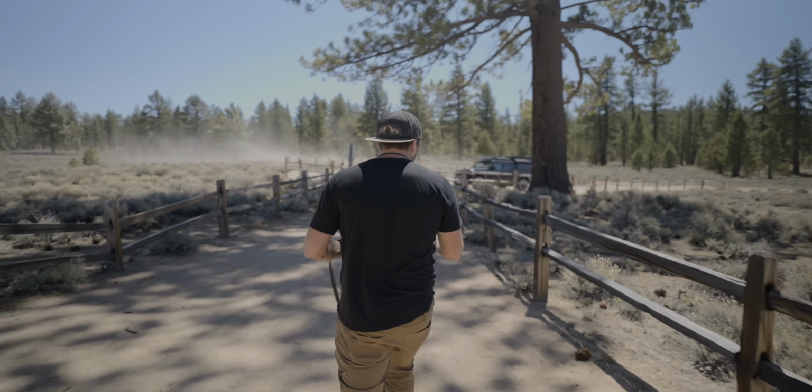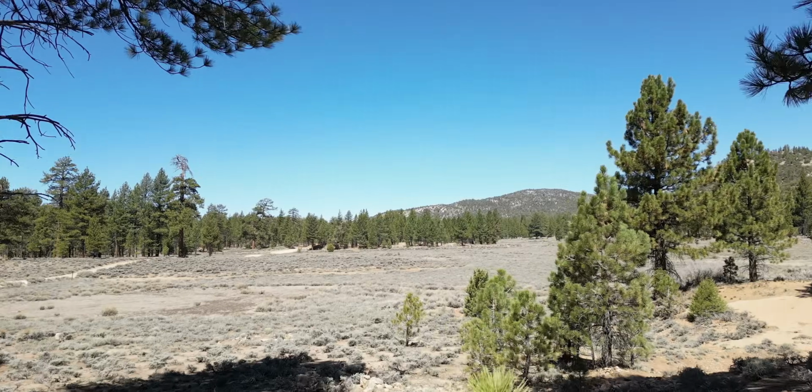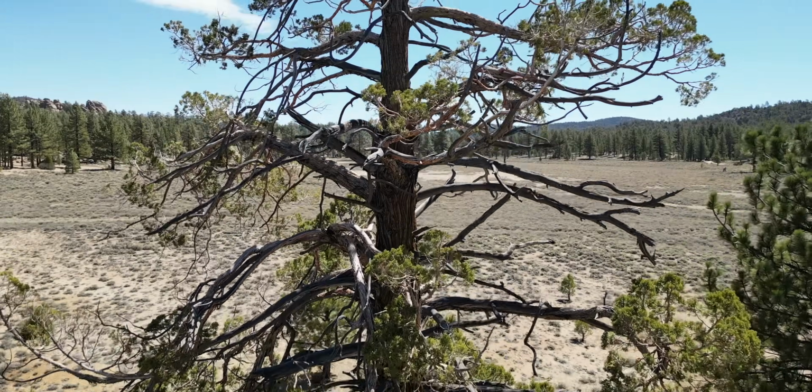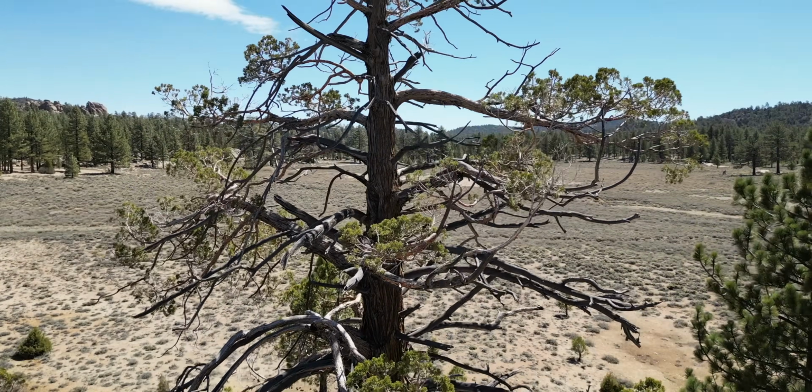So one mistake that new pilots will make is trying to shoot in heavy wind. Now, the Mini 3 can handle some pretty heavy wind. I've taken it out in some pretty extreme conditions and it handled just fine. But the issue is when you're trying to get good looking footage, the heavy wind pushes the drone around. And how the drone works is it uses GPS coordinates to put itself on the earth. And so as the wind pushes your drone left or right, it's constantly trying to reorient itself back to